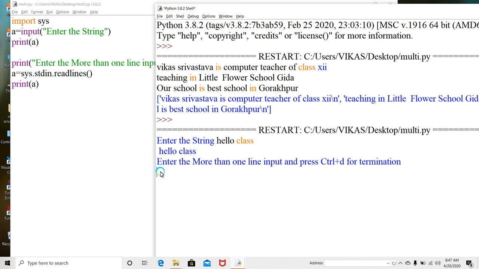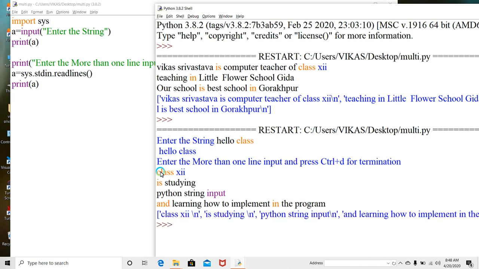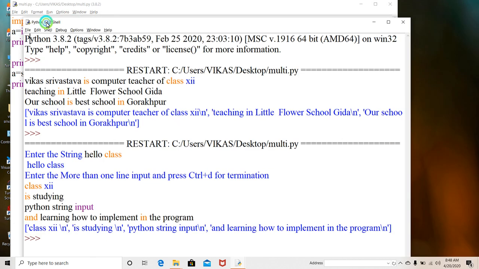So here again: class 12 is studying Python string input and learning how to implement it in the program. Okay, and then we have to press Ctrl plus D, the line is done. Clear? This is one way to take more than one line input.